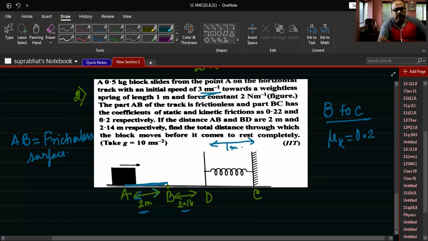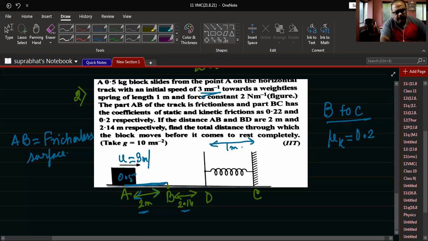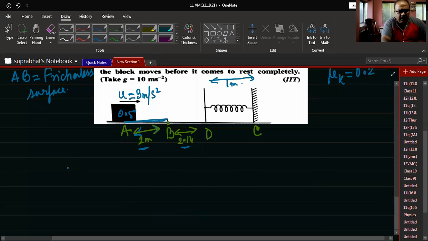So they have asked you, children, to find the total distance through which the block moves before coming to rest. So this is our question. In this case, the mass of the body is 0.5. Now, you have to understand that the initial velocity of the block was 3 meter per second. So if I just start with the sum like this, the initial kinetic energy of the block